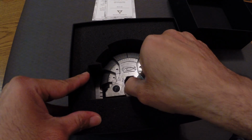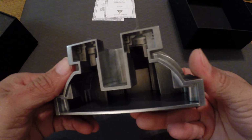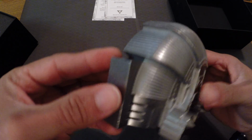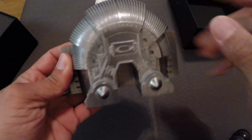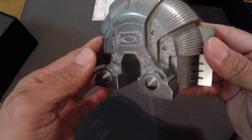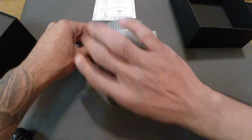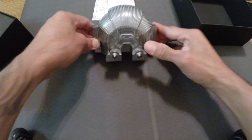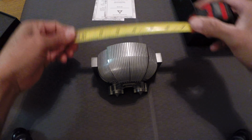I don't know if this is actually aluminum, but it is some type of metal, maybe aluminum, I'm not sure. But this is a very well detailed replica of the Oakley Bunker. You can see right there, this is the main entrance, the famous Oakley plaque right there. If you've never been to Oakley, this is it. This is when you walk in here. This is exactly the same, just in a smaller replica. Very well done. Let me give you the size of it. It's about